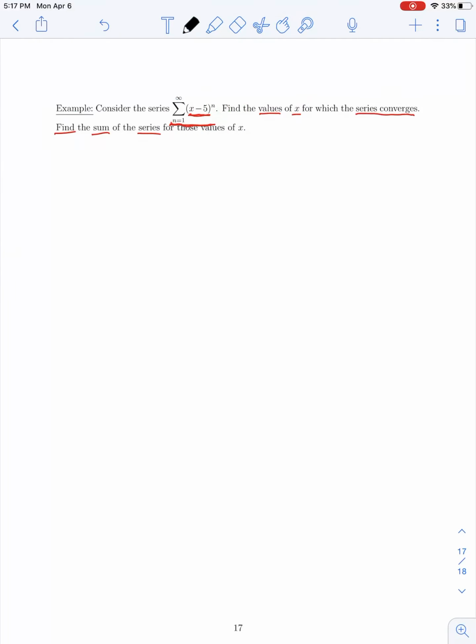So in this example, we have a sum starting at n equals 1 to infinity of x minus 5 to the nth. So this is sort of similar to a geometric series where the ratio r is now dependent on x. It's given by x minus 5. Now we know in order for this series to converge,